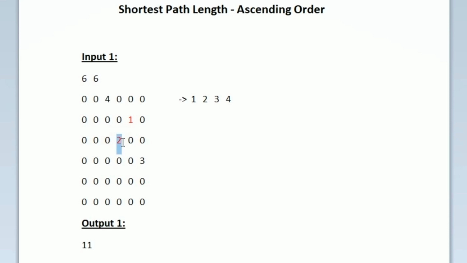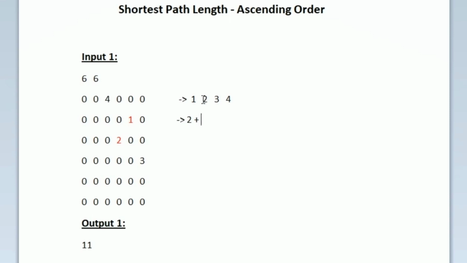So from 1 we will be reaching 0, and from 0 we will be reaching 2. So that is the correct path as per the conditions given in the question. So to move from 1 to 0, we will be using one movement, and then to move from 0 to 2 we need another movement. So totally with 2 movements we have reached 2 from 1. So the distance between 1 and 2 must be considered as 2. So I am writing it down separately. So the distance between 1 and 2 is 2.